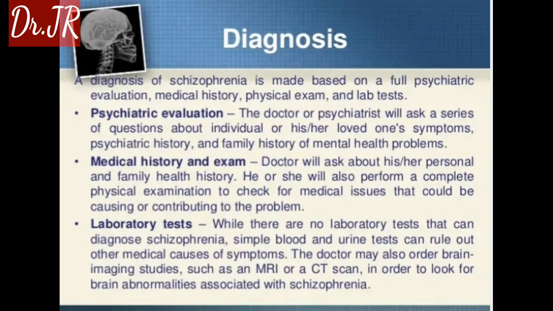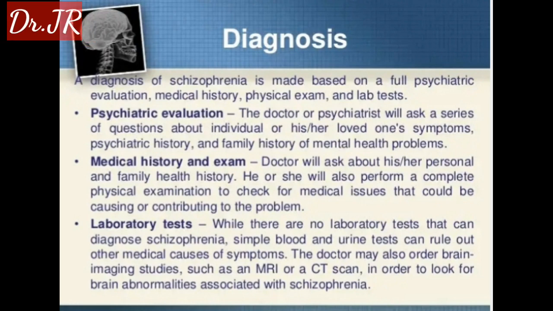Diagnosis of schizophrenia is made based on a full psychiatric evaluation, medical history, physical examination, and lab tests. Psychiatric evaluation: the doctor or psychiatrist will ask a series of questions about the individual's or his or her loved one's symptoms, psychiatric history, and family history of mental health problems. Medical history and examination: the doctor will ask about his or her personal and family health history. He or she will also perform a complete physical examination to check for medical issues that could be causing or